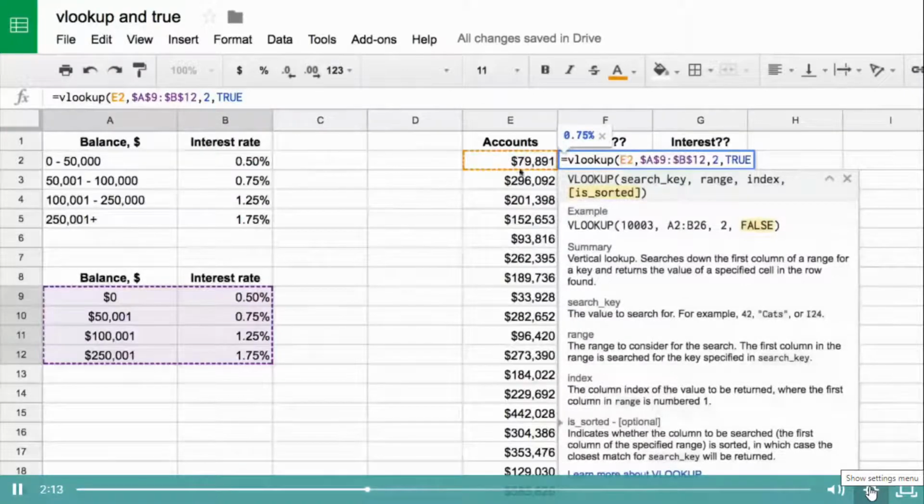What this does is it takes the 79,891, and obviously we're not going to find 79,891 in our table, because that would be ridiculous to have every single one of these in a table. But it searches this first column, same as the normal VLOOKUP, and it says it's bigger than 0, so we move on. It's bigger than 50,000, so we move on. It's smaller than 100,000, so we drop back, and it pulls the data from the row that is the nearest match that's lower than the actual value. So the 100,000 is too big, so we drop back to this 50,000, and then it pulls out the 0.75%